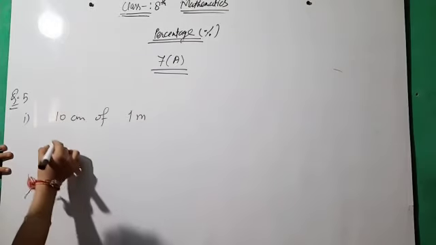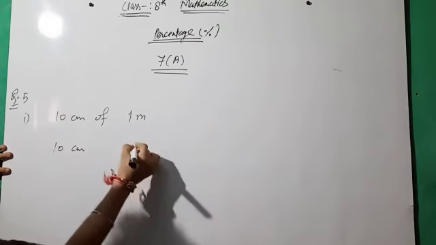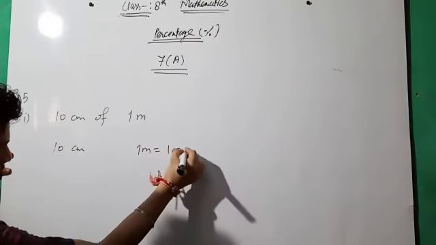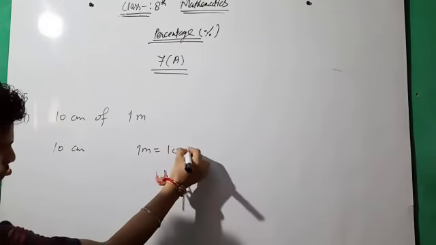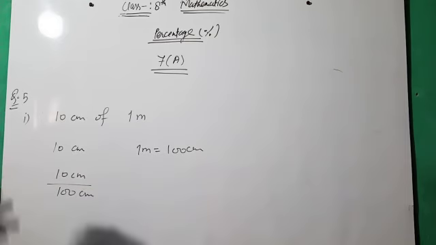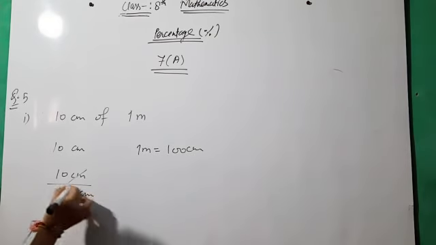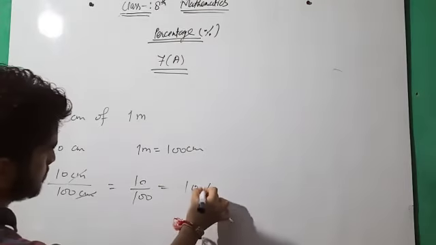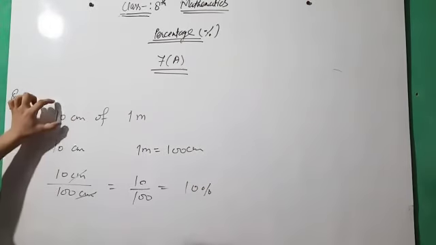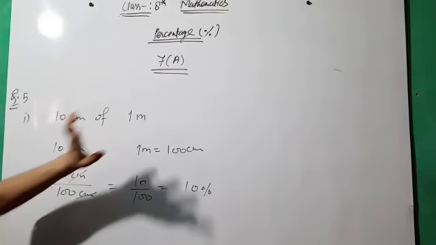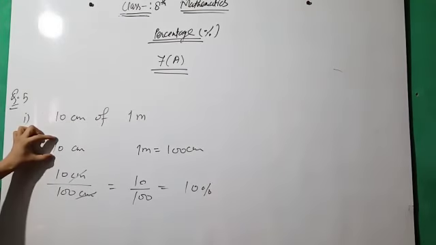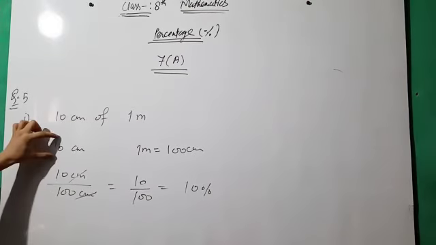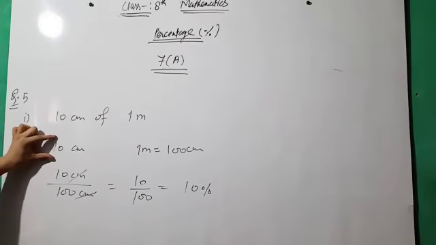Okay, 10 centimeter. Okay, we know 1 meter equal to 100 centimeter. Okay, we have to just convert 10 centimeter upon 100 centimeter. Is how much of this percentage? 10/100 centimeter cancel with this, it becomes 10/100 means 10%. So we can say that 10 centimeter is the 10% of 1 meter. Yes or no? अगर 10% की वैल्यू 10 सेंटीमीटर है तो 100% की कितनी वैल्यू हो जाएगी? 100 सेंटीमीटर.